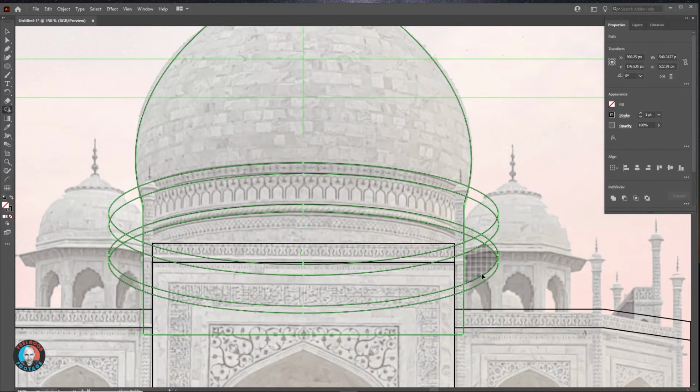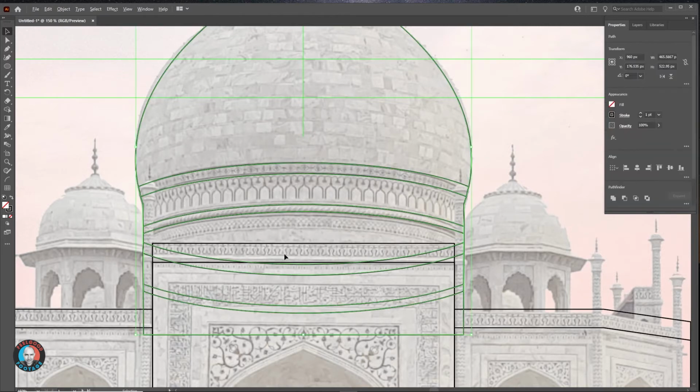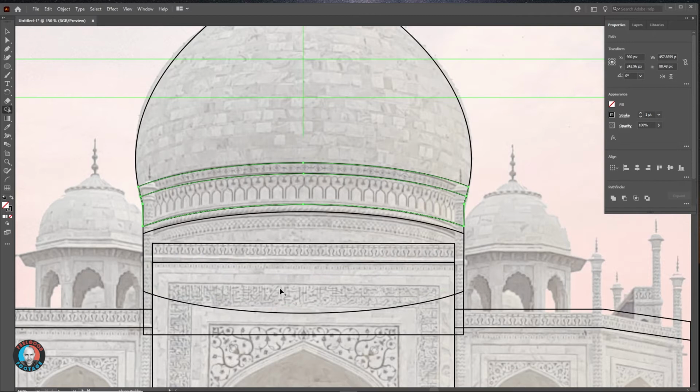So for the paths on the outside of the building, I'm holding Alt to remove the unwanted parts as I drag across. That will delete them. For the paths within the building, within the dome, I can just use the Shape Builder without pressing Alt, just dragging, and that will join everything that I want together.